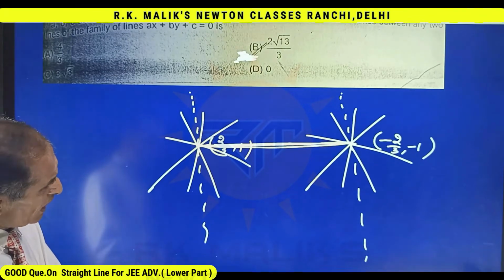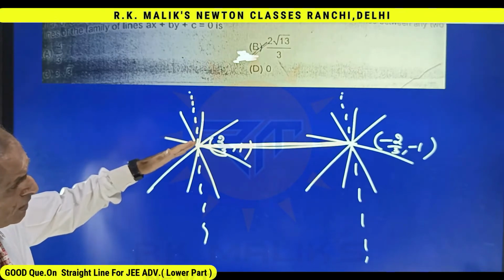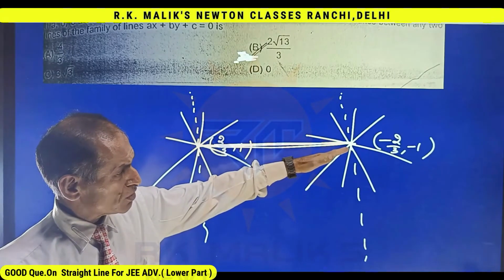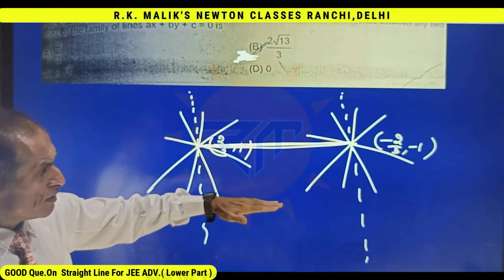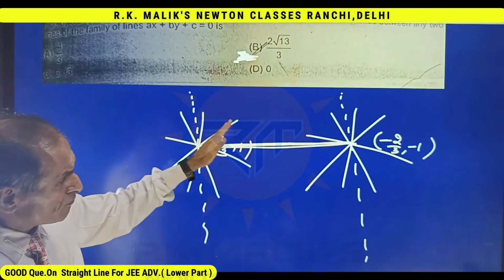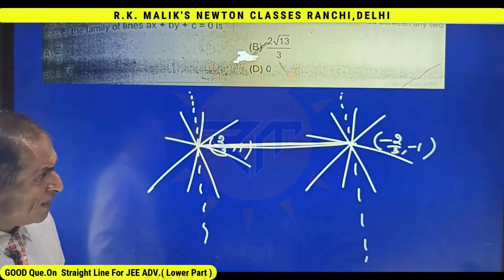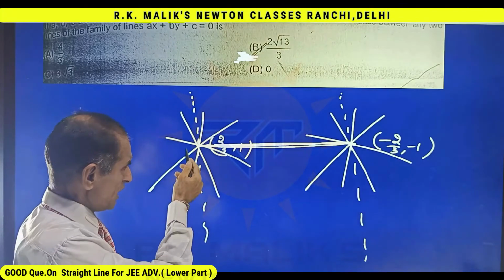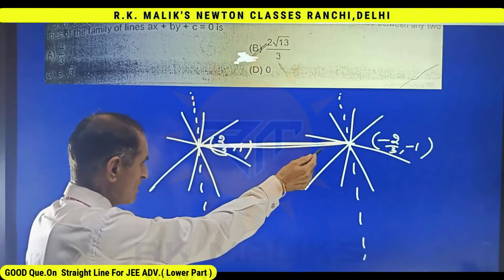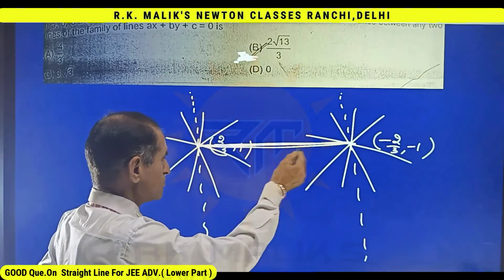But if I take any other line, one belonging to this family, the other belonging to this family, and even if they are parallel, the distance between them will be less than this distance. Hence, the maximum distance between a line of this family and a line of this family is the distance between these two points,